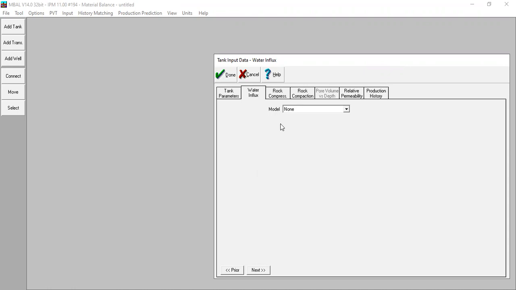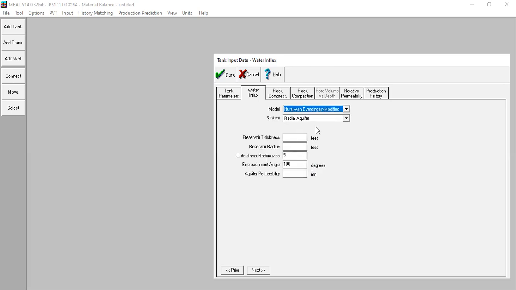We have analyzed the aquifer and we know how to model the aquifer. We go to model, and for example, after I evaluate it, I want to model my aquifer with this method, Hurst van Everdingen modified method, and the system is radial aquifer.